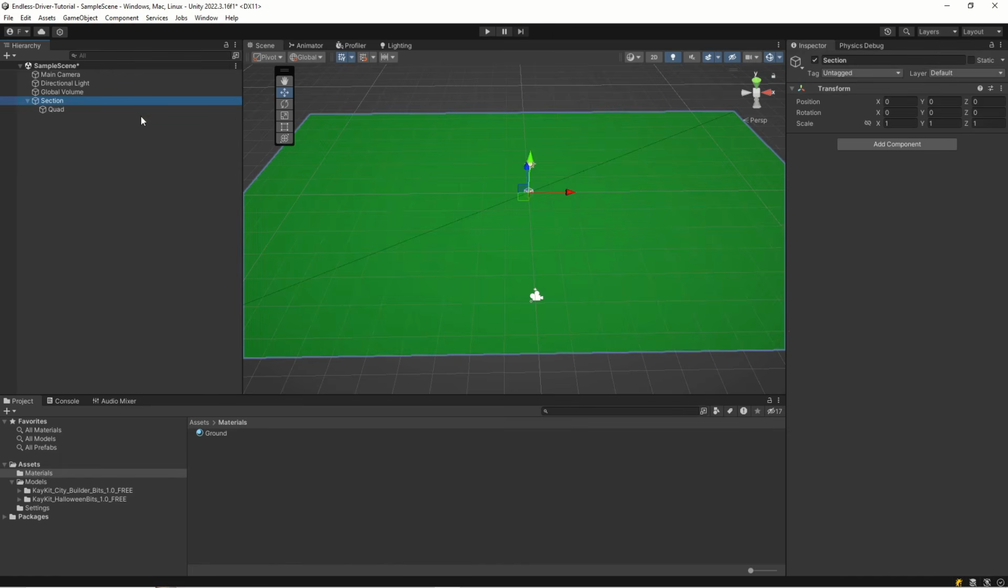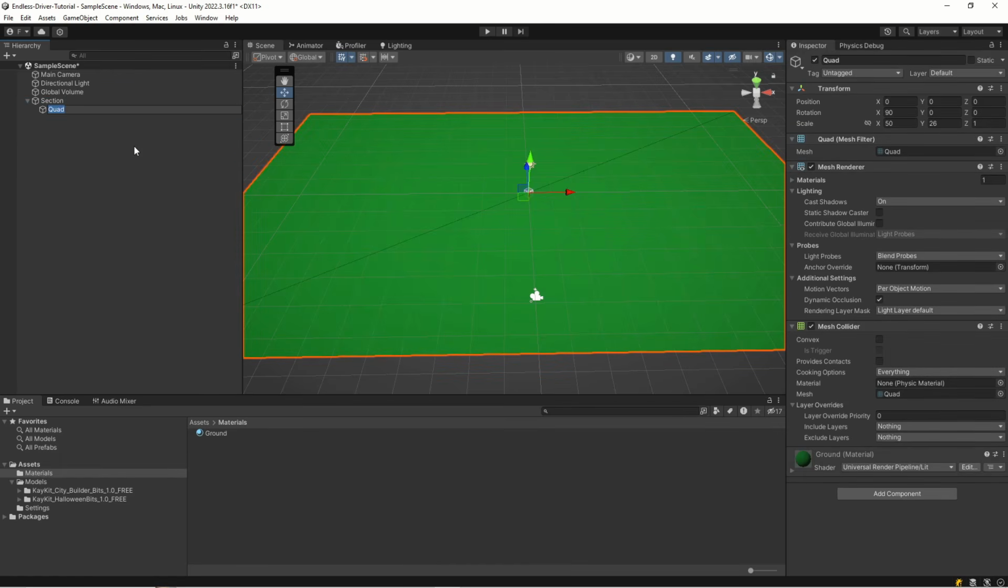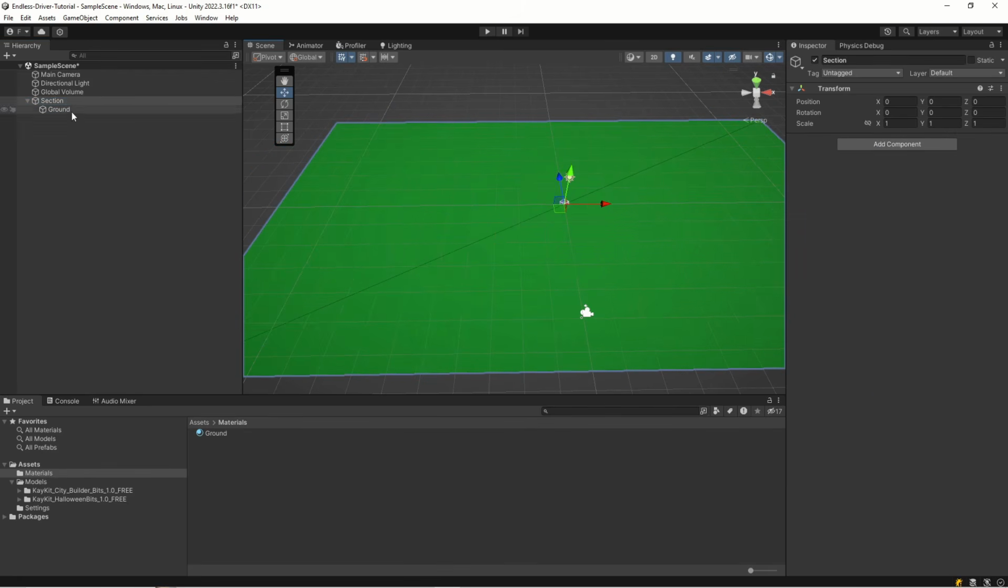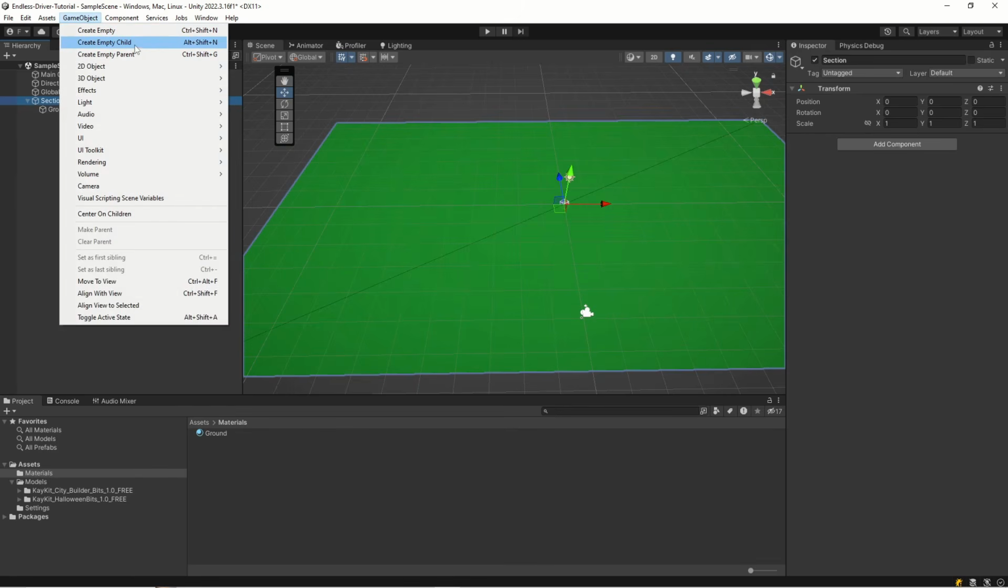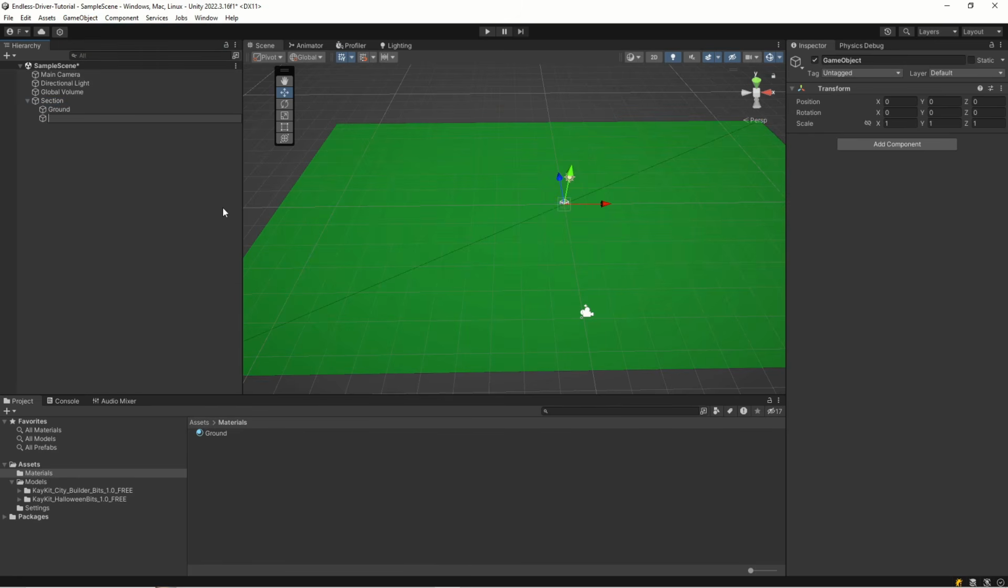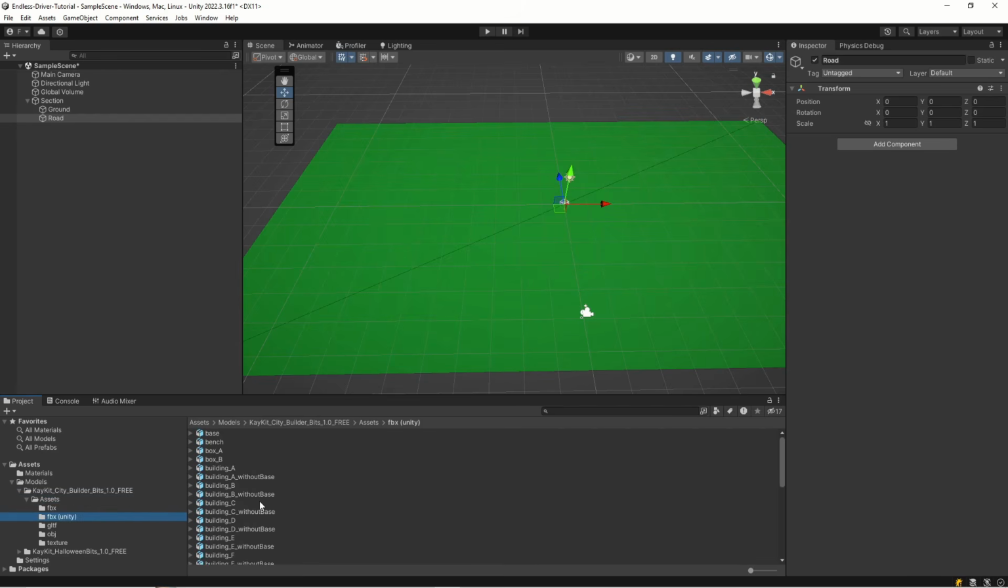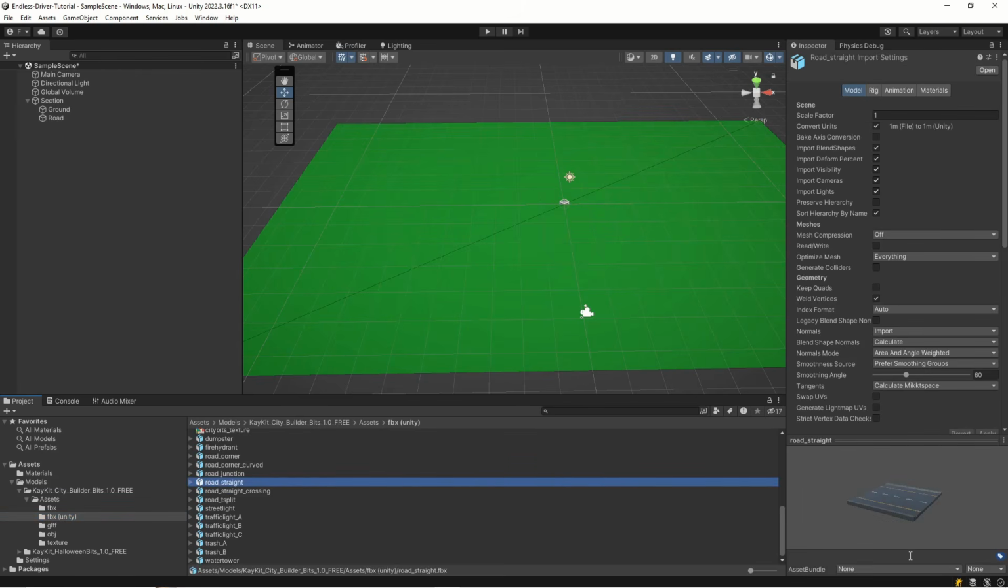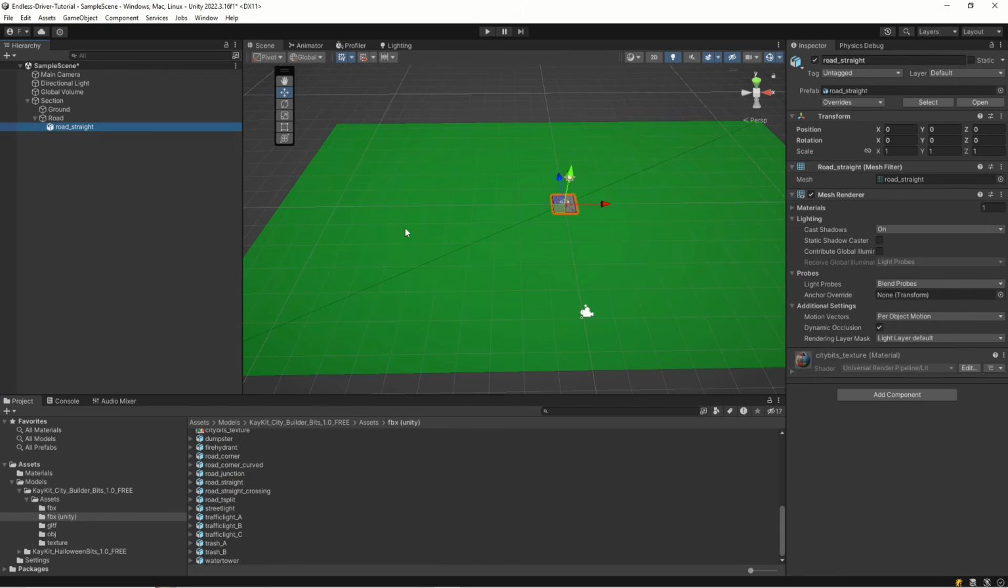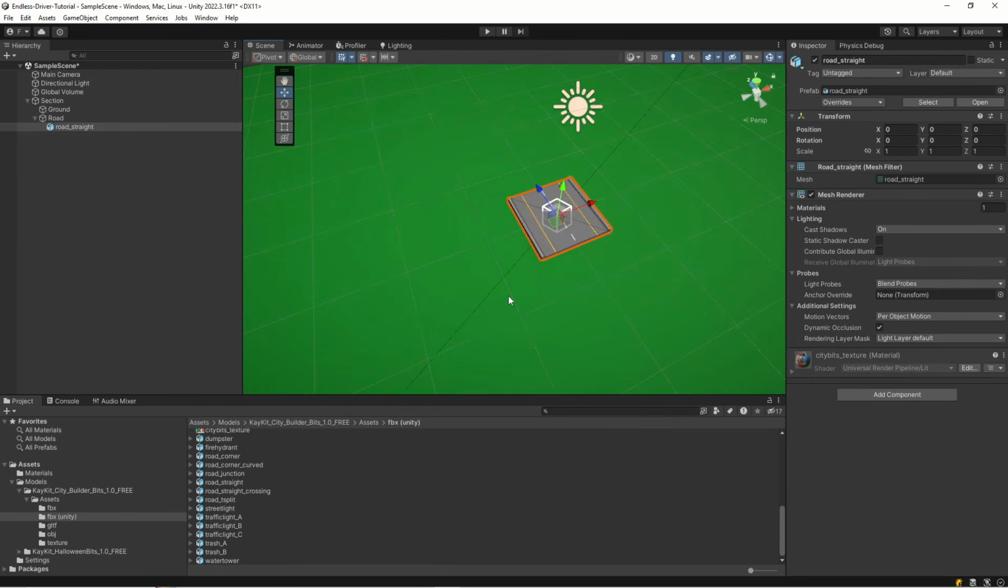Okay, so now we have our section, we have our quad, let's rename it to ground. And then we want to have our road, so let's create a new child and call it road. So if we look at our models, we have the builder bits, and in it, under the assets, we have FBX Unity, which is the ones that we are going to use. And we have a road straight, it looks great, so let's pick that one, and let's add that to our